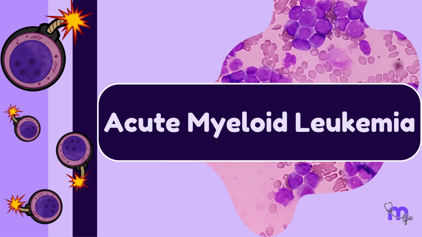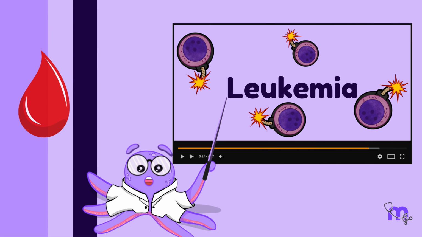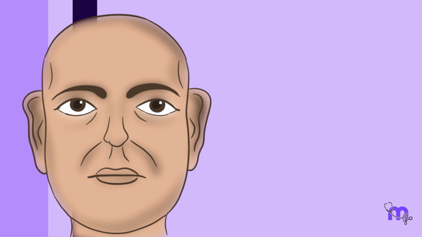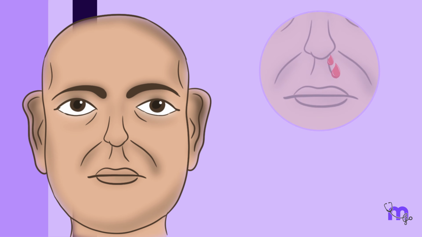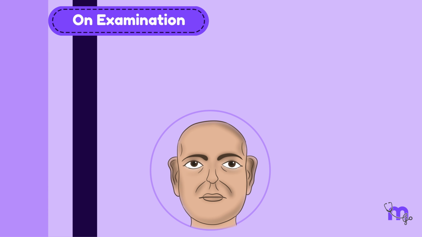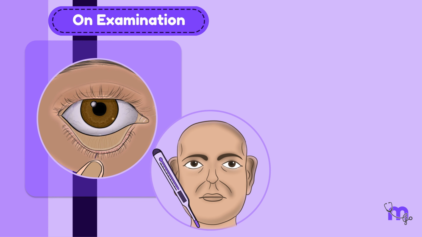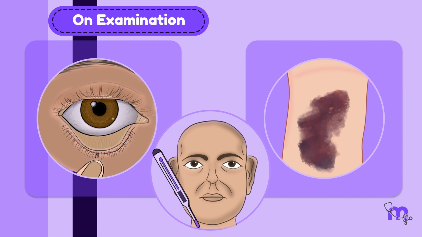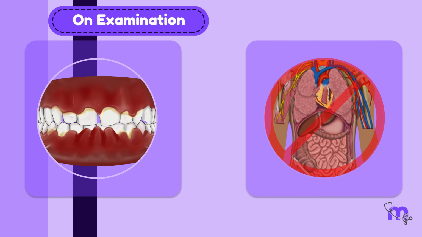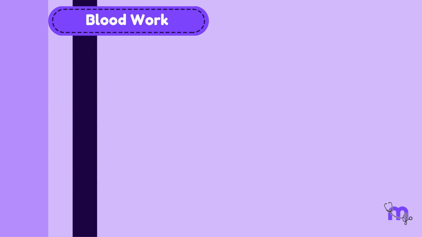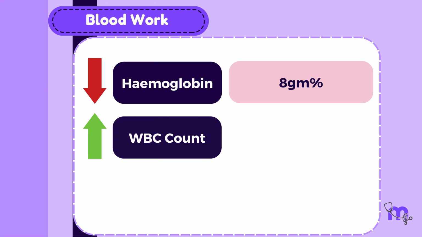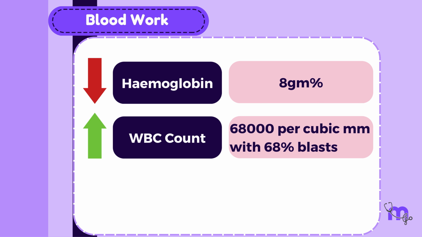Acute Myeloid Leukemia. Hi, welcome to the discussion on leukemias. Let's discuss the case of a 65-year-old man with complaints of recurrent nosebleeds and bleeding gums for 15 days. On examination, he had pallor, fever, multiple ecchymotic patches on his skin, and gum hypertrophy. There was no organomegaly. Blood work showed a hemoglobin of 8 gram %, WBC count of 68,000 per cubic millimeter